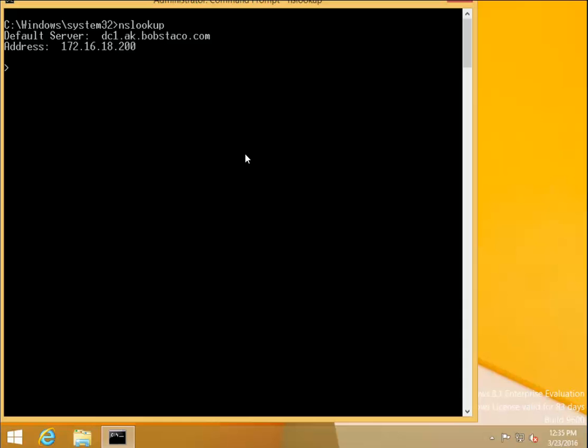Now we have to think this through. From an internet request, the requesting client would go through the iterations of going up to the root servers around the globe, then being directed down to .com servers, TLD servers, from there being directed to a DNS server that's outside of our project. We have DNS on DC1 and DC2. We have internet-facing DNS for just bobstaco.com. But since AK is a child of that, I needed to do a delegation on the parent bobstaco.com server to tell it, for answering for ak.bobstaco.com, forward it to